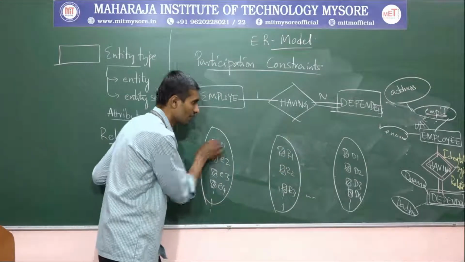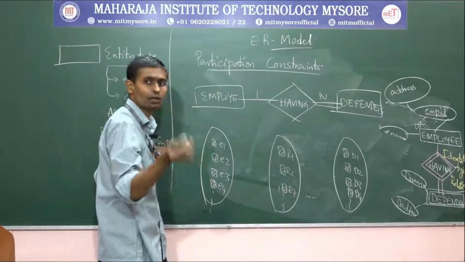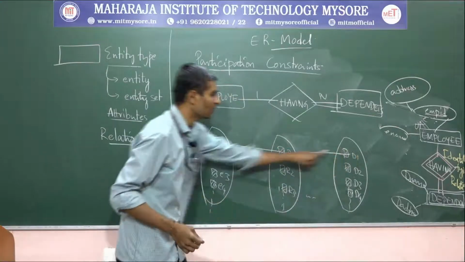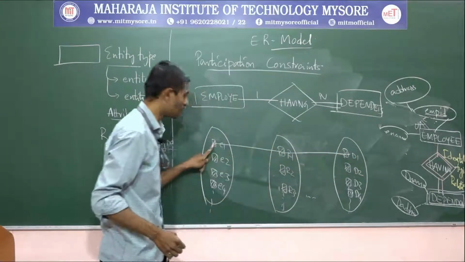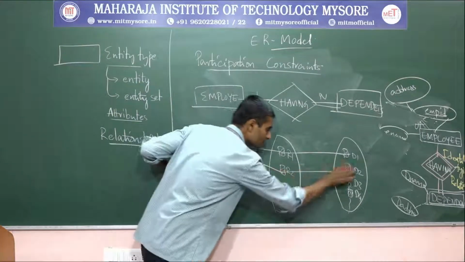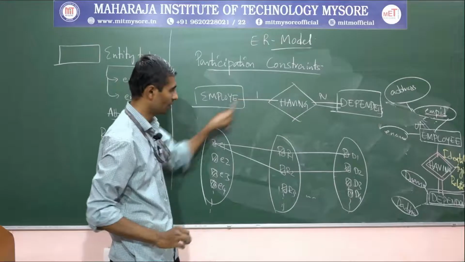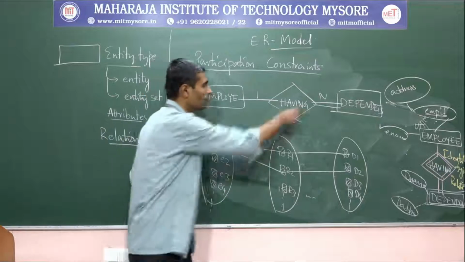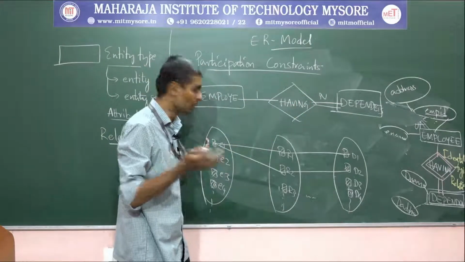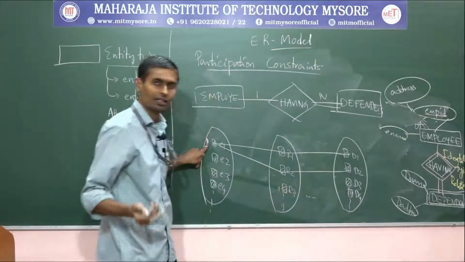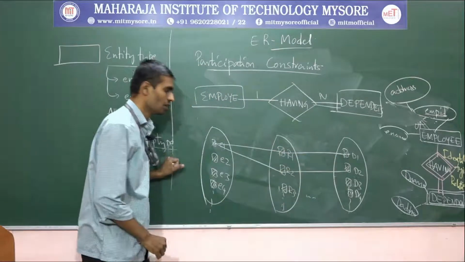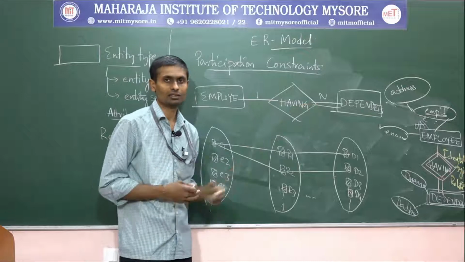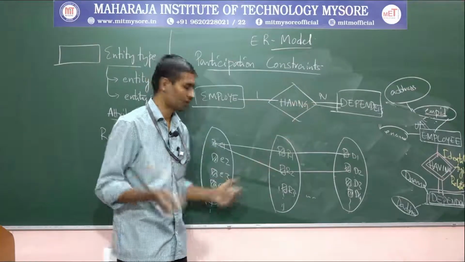That's it. So one instance is connected with what? Any number of instances. Let's assume D1 and D2, say father and mother of this employee E1. How can I show? One instance here is connected with what? More than one instance, or sometimes it could be just one also. But here, any number. One connected with any number, right? N number of instances we can have. Most of the time we can call it multiple instances, right? This is our assumption. N represents multiple instances. It might be connected with n number of instances.